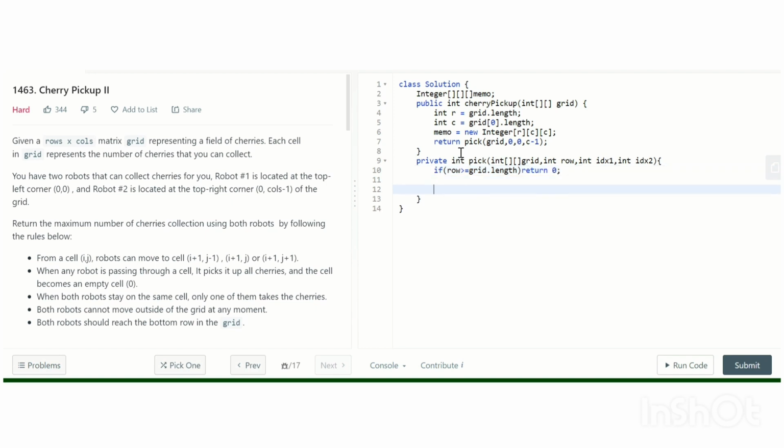Or if we have already calculated this result, if memo[row][idx1][idx2] is not equal to null, then we'll simply return memo[row][idx1][idx2].